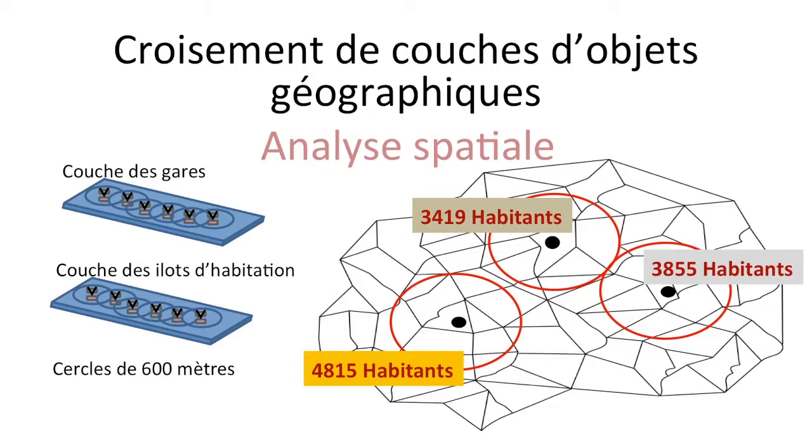Results will then start appearing. Here we see a station bringing 4815 people together. This one is kind of the gold medalist amongst the 3 stations. A station for 3855 people, that's the silver medal. And a third station for 3419 people, that's the bronze medal. So we see that the first, that may have cost the same collective price for its construction, is useful for more inhabitants than the third one, and the practical reality shows that there is a wide array of useful choices in the construction of train stations. All that is, of course, very useful to decide on the location of future train stations, of future means of transport.